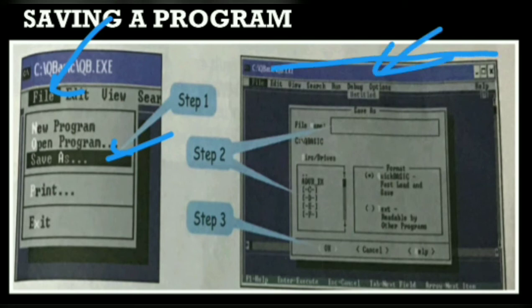This is the save as dialog box. Then you have to type the name of the file and choose the directory in which you want to save it. You can choose any directory. Then the last step, click on the OK button. So these are very simple steps to save your program.